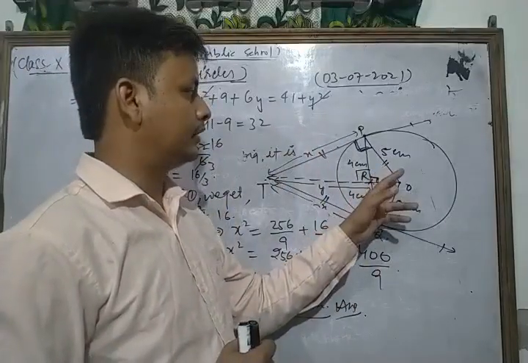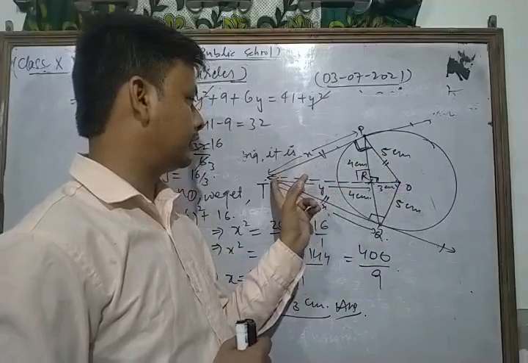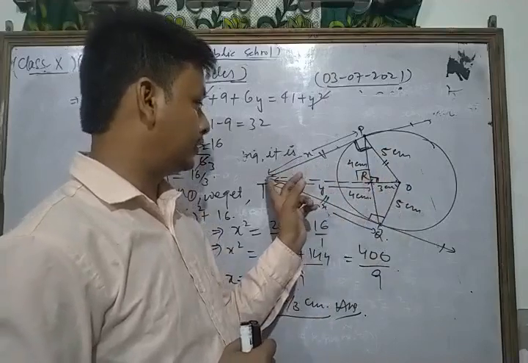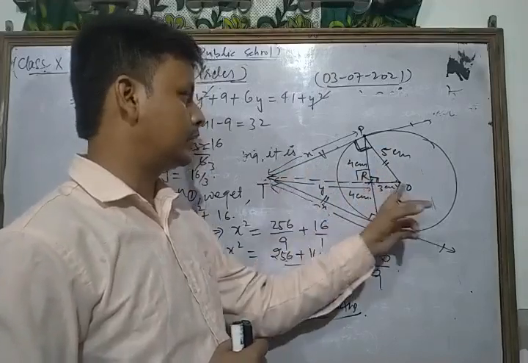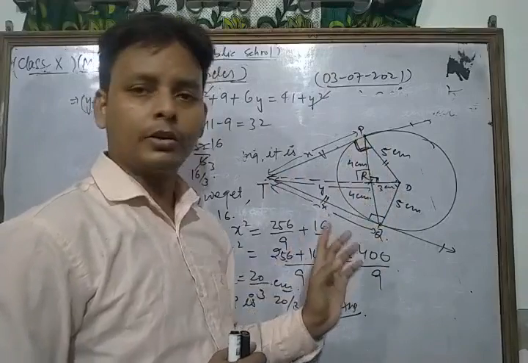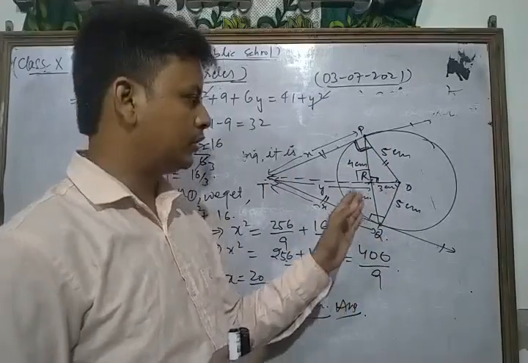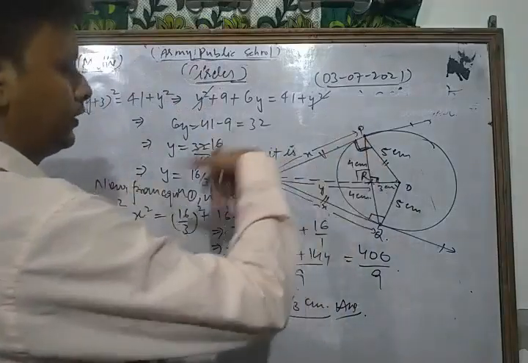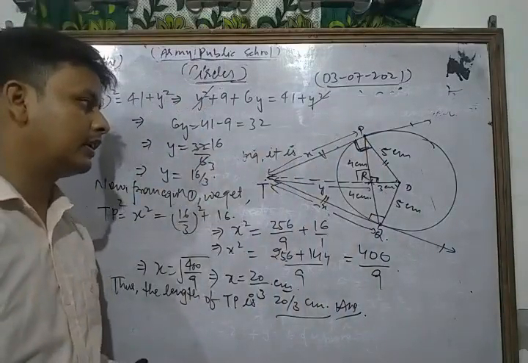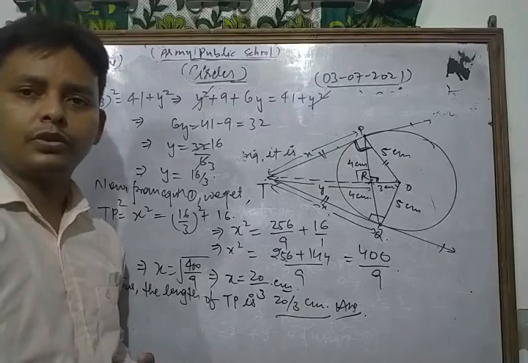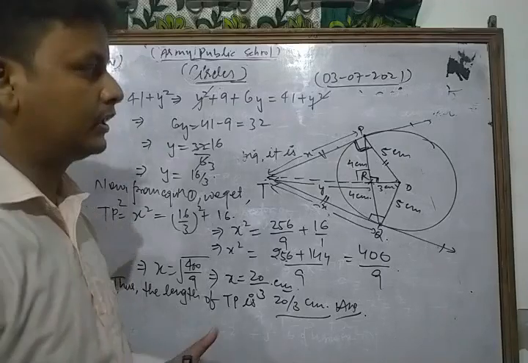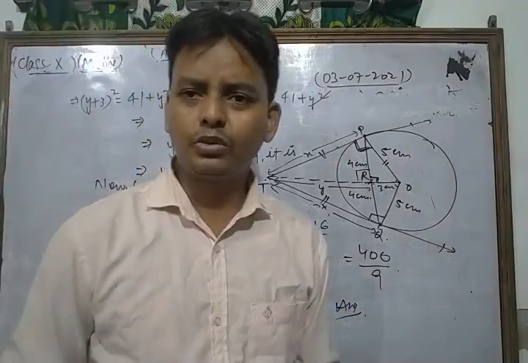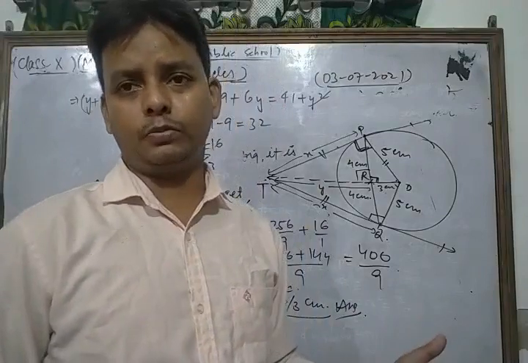Okay, and we have the radius and we find the value of the distance between the external point and the center. That distance is the perpendicular bisector of the common chord. So according to that we simplify and we find this value, and after simplifying we get the length of TP. So first of all you revise that question, and after that you can solve all the questions of your NCERT exercise based on these topics.